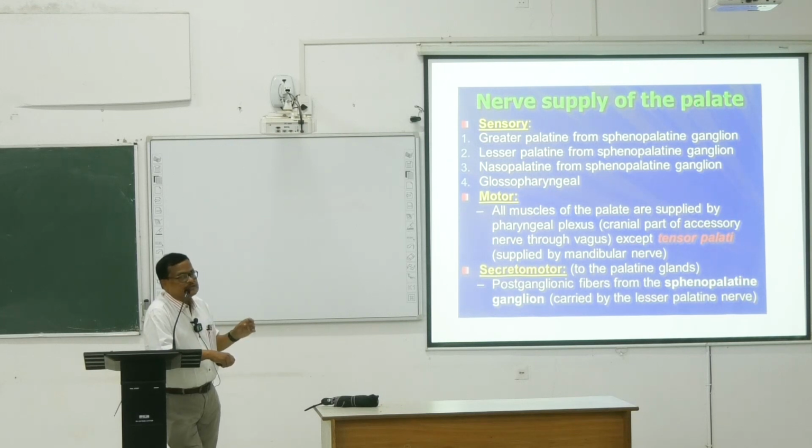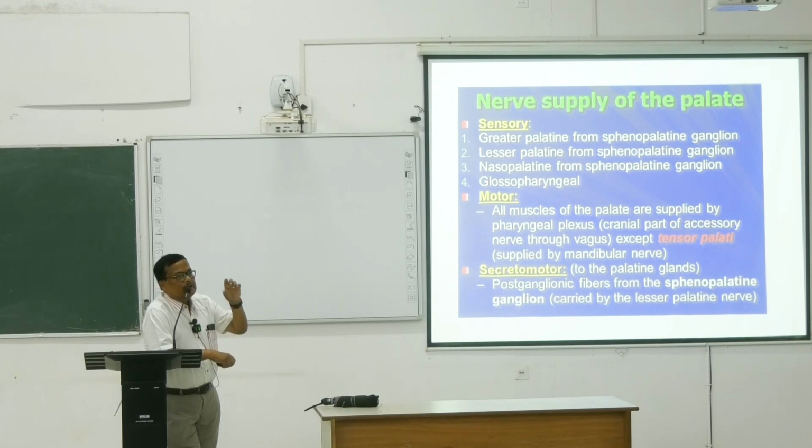And the special sense is also carried by the lesser palatine nerve, then through the geniculate ganglion, then to the nucleus tractus solitarius of the brain. It will not be easy for you to understand now. Just take it for granted now; when I teach you the nuclei of the brain, it will be clear what the nucleus tractus solitarius is. Right? Nucleus tractus solitarius mainly takes the special sense, mainly the taste.